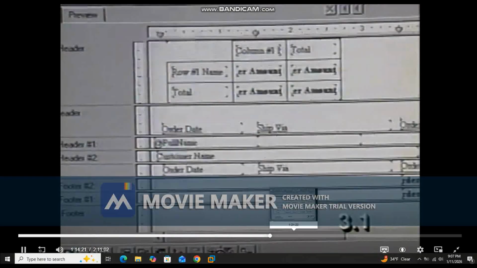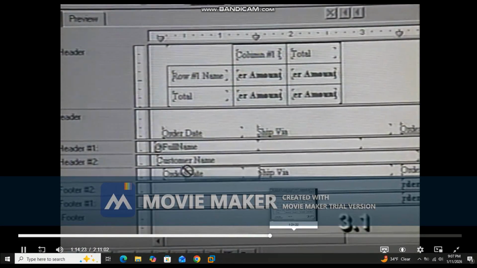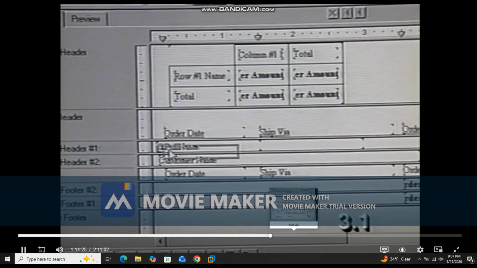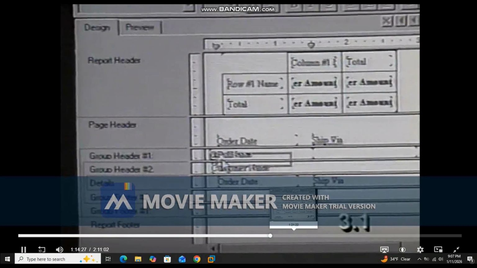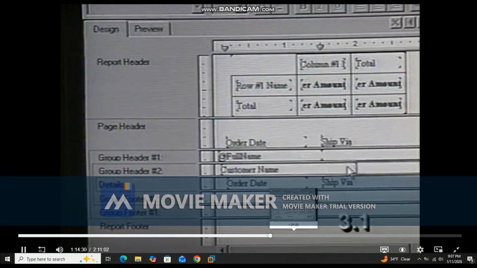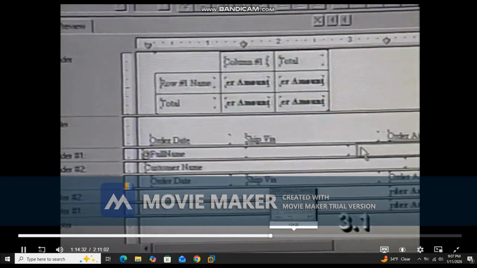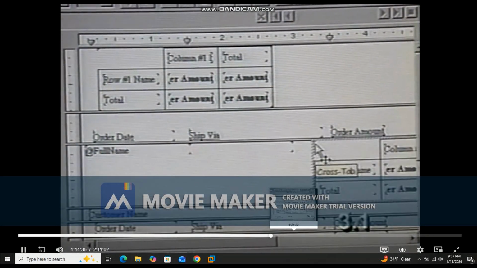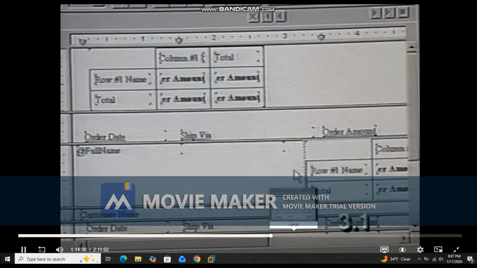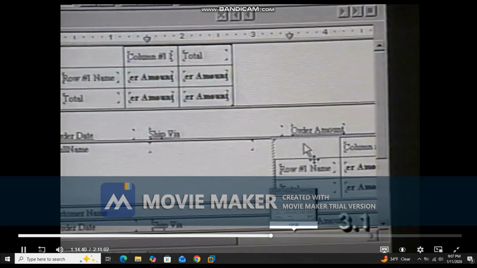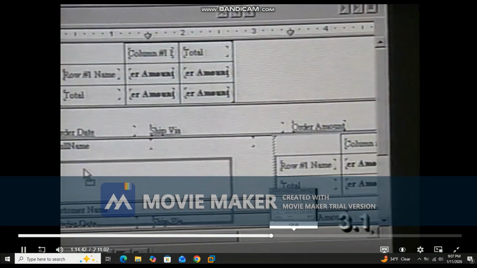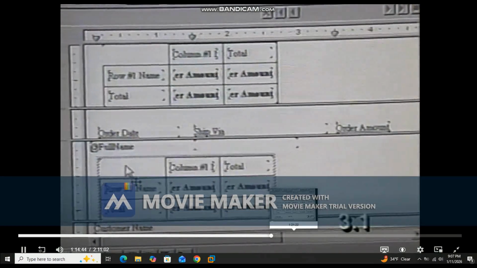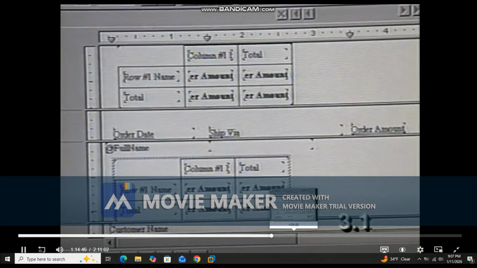I need to decide where I'm going to place this cross-tabulation, and I'm going to place it within the employee group header. So I'm just going to come right over here for now, and I'm going to click to place it to the right of the employee full name. And you can see the cross-tabulation actually is appearing to the right. What I'm now going to do is drag and drop it so it's underneath the employee full name. I'm going to give myself some extra room